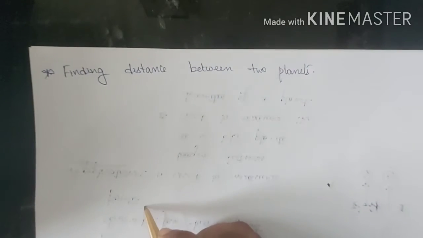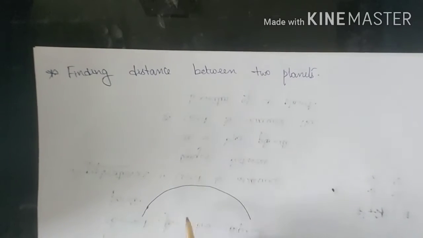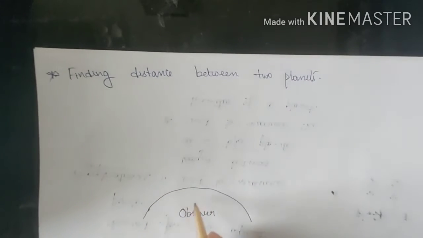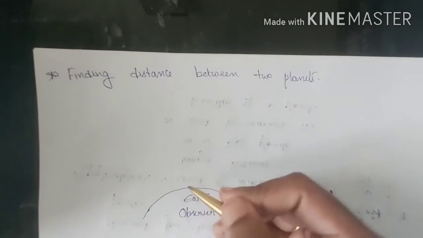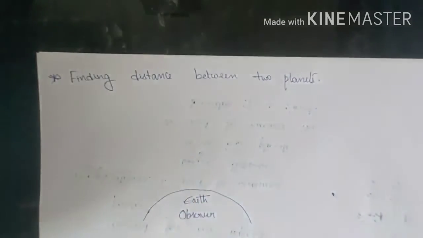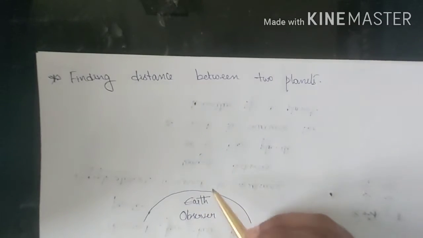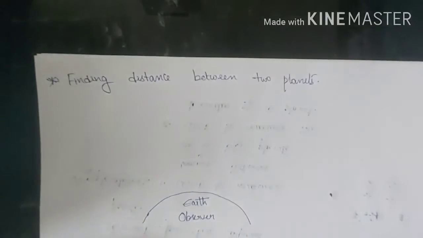In order to do that, I have my observatory point, or the place from where the observer will be observing things. Let's take this as Earth, from where I'll be able to measure the distance of a planet with respect to Earth. So here I have my planet. Now, the planets will be very far from each other. How will you measure those distances?